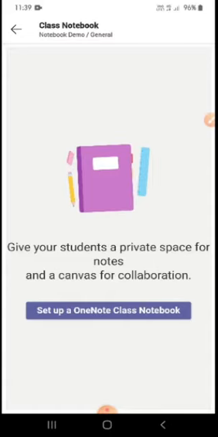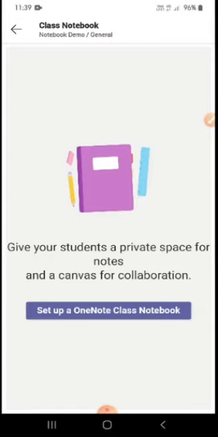Suppose a student is a member of 4 teams like English, Hindi, Maths and computer class, and also EVS class and Abacus class, which are combined with other sections. So a student may be a member of 4 to 5 teams. When any of the owners of those teams creates the notebook on their own phone, it will automatically be shown on the recent pages of the student's OneNote.